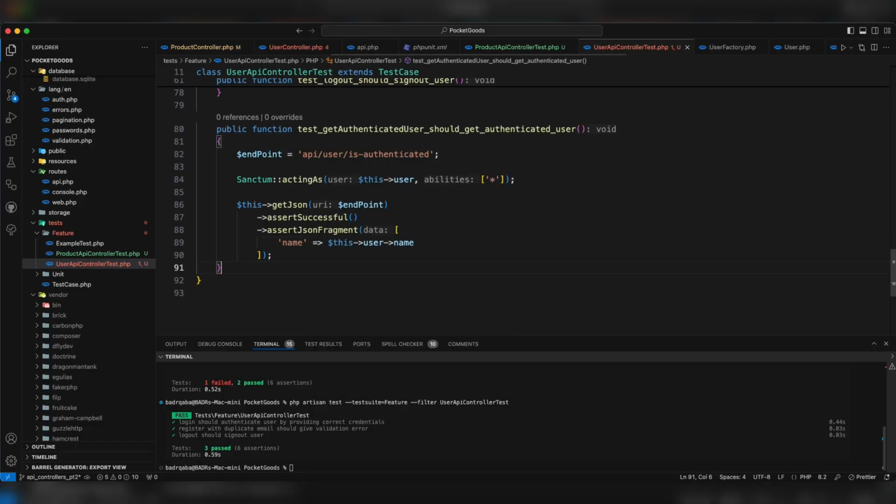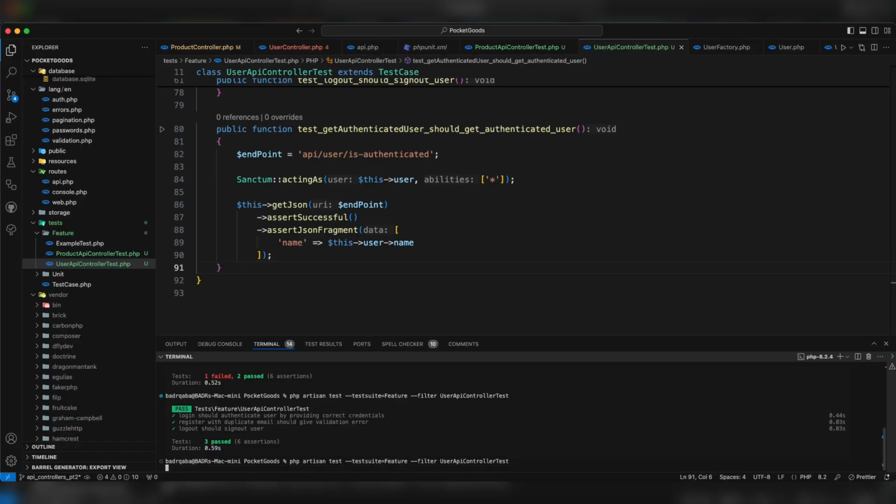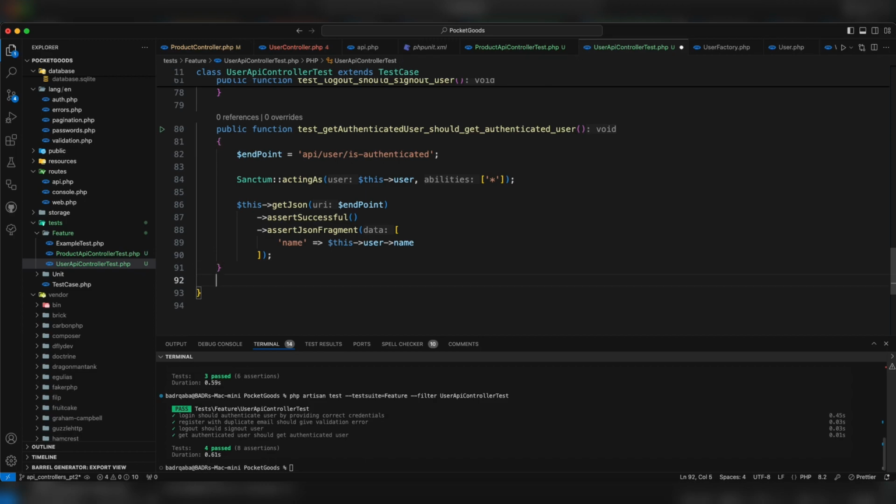So that's pretty much it. Let's run the test. Great, so we have the authenticated user with the correct data. You can add other assertions or other fields for that matter, but I'm just going to keep it simple. Now we have to test toggling the product into the wishlist for the current user in the same way,